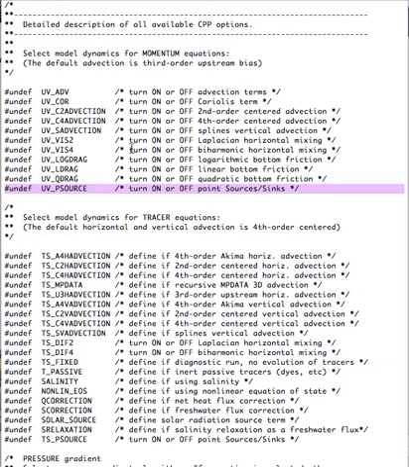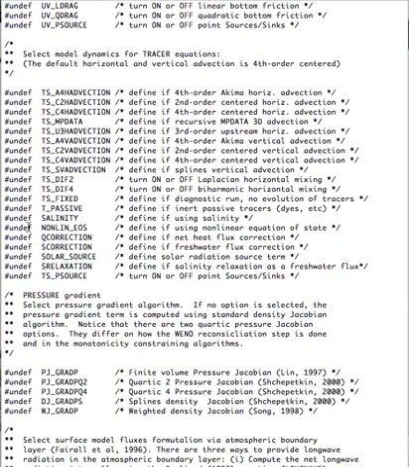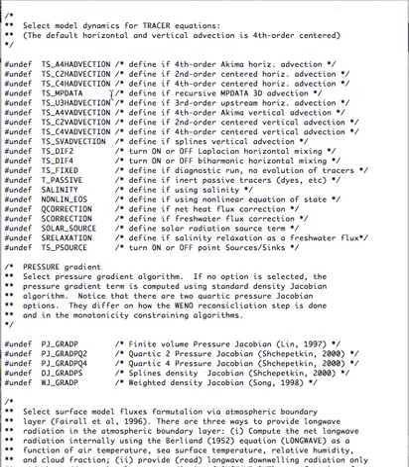So this is a section that concerns the momentum, and keep in mind that there are some defaults that are enabled, like for example, in case you don't define any type of advection scheme, the default is going to be the third order upstream bias advection. So you're welcome to keep that as a default. So the next section here, if we go further down, is going to be relative to the tracer equations, and